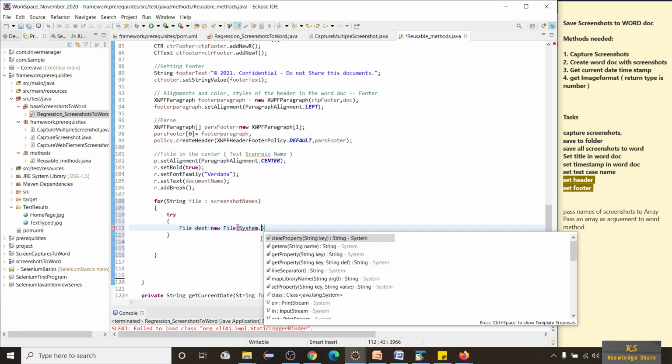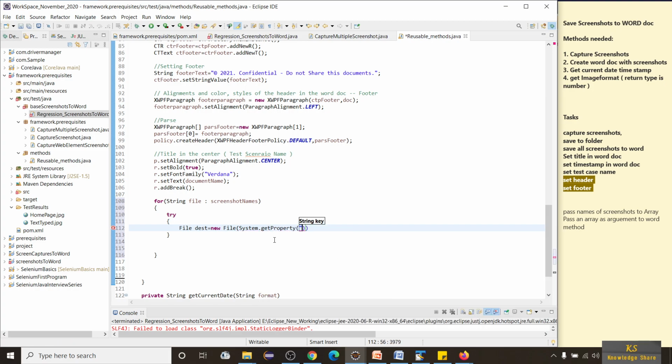We are providing those path here. System dot get property of. As I said, our folder is this one, right? So I am going to use user.dir, which gives my current working project directory.